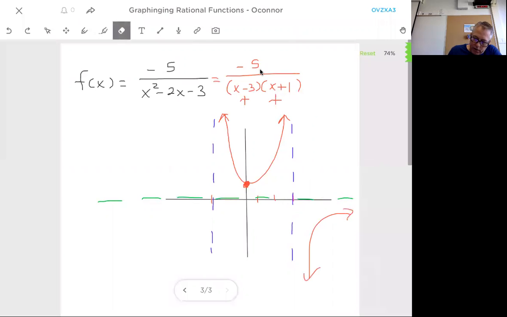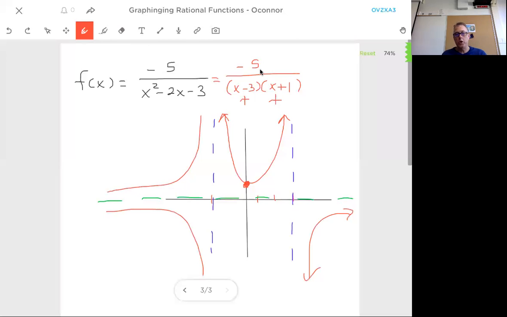Now over here, on the left side, our graph is either going to be on top or on the bottom. Okay, again, those are my only choices because it can't cross the blue or the green. So I'll plug in a number somewhere over here and see if it's positive or negative. Remember, that was at negative 1. So if I plug in negative 2